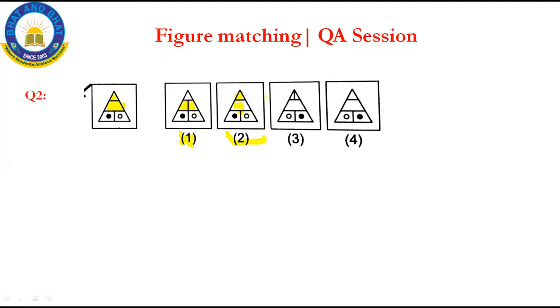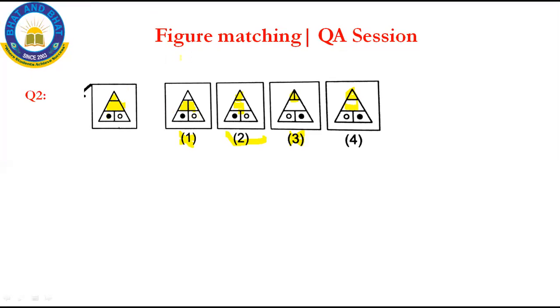See here in the upper part, the triangle is divided into two parts. The small triangle has been divided into two parts. So option 3 is also wrong. Now we'll go with option 4. Yes, see here it looks the same as the problem figure. See the triangle and then one more parallelogram. But now look at the shadings, isn't it? In the question figure, the left hand side is shaded, but here the right hand shade is different.